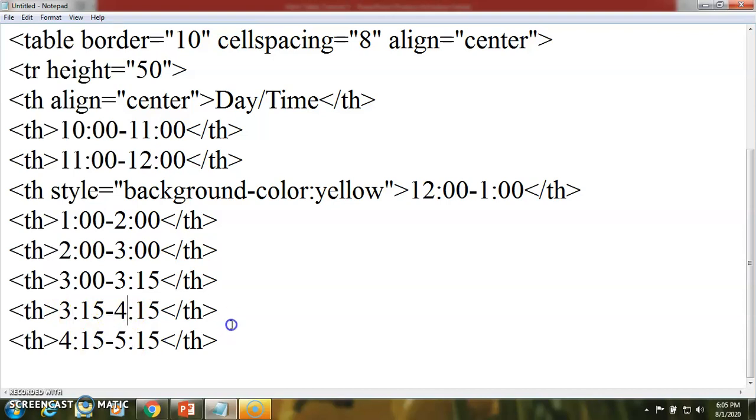So I have added 2 cells here, 2 slots. Then we can add the next row, that is with the starting tag tr.